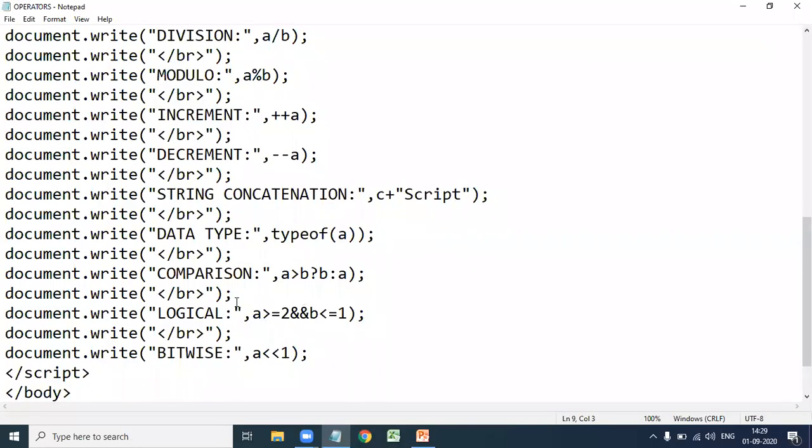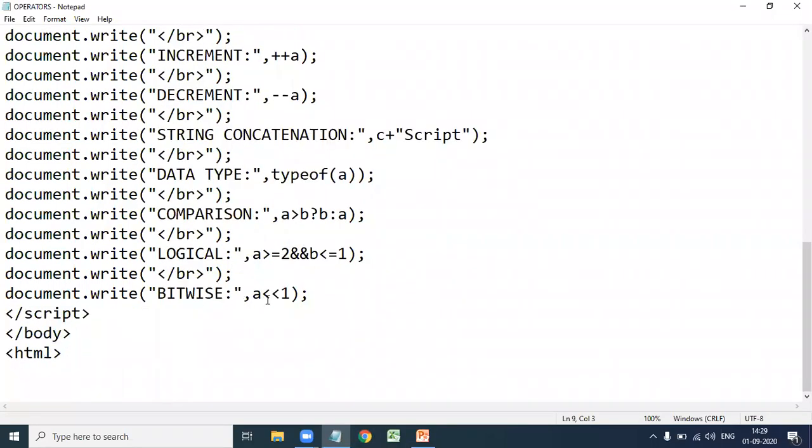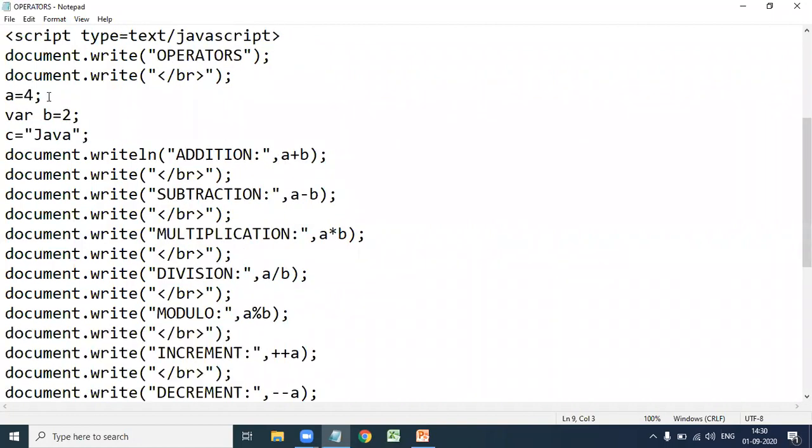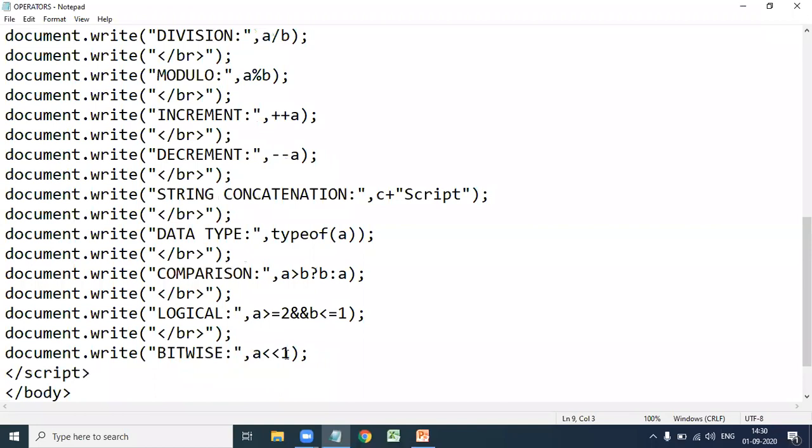Next bitwise operator. So this is a shift left. A shifted left by 1 means, A value is here 4, that is 0100. If you shift to the left, that is 1000, that is 8. So A shifted left by 1 means 8.